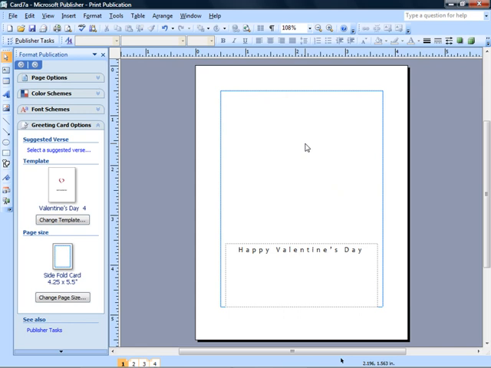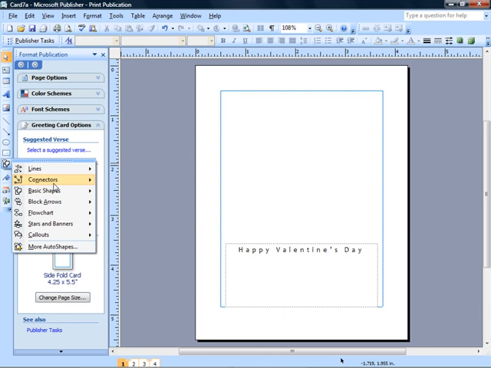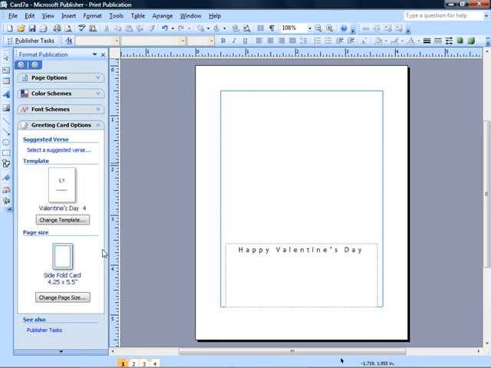Because wouldn't it be cool if we could put that image inside a shape, like a heart, for example? Think about auto shapes for a second. We're going to go over to our Objects toolbar here, click the Auto Shapes button, and under Basic Shapes you're going to find the heart. There it is, right down there. So this will work with any shape, but we're going to draw a heart starting in the top left corner of our frame here. Click and drag down and across till we get a nice big heart on our screen,